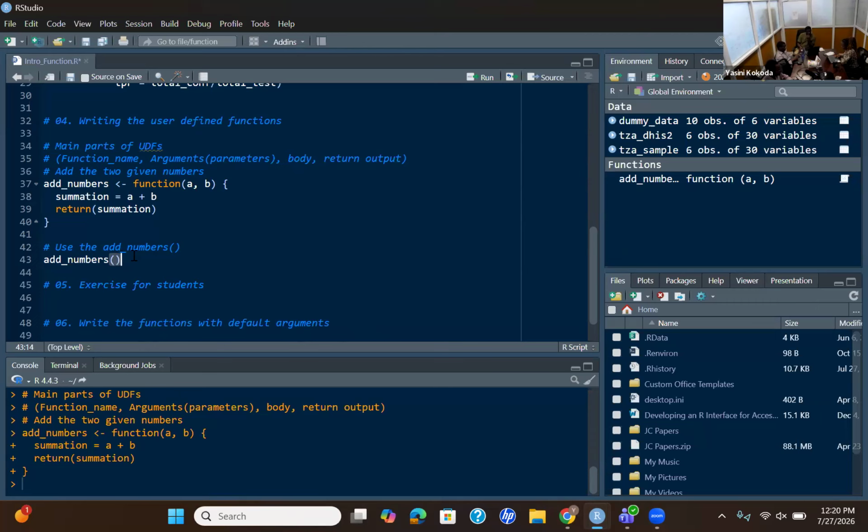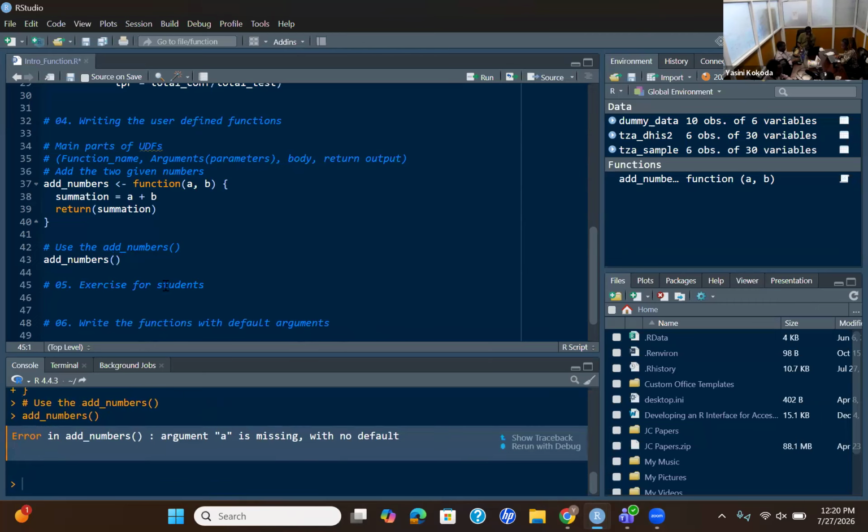For example, if you run without supplying anything, you will get an error, which you can see at the bottom on my console: error in adding number, argument A is missing with no default. We will talk about default arguments in a later section, but you need to supply the arguments here.